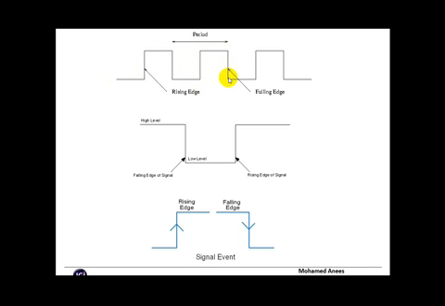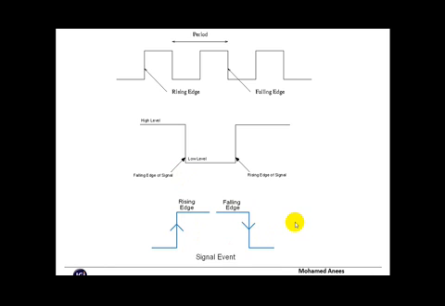That's the meaning. Now in this clock, this is called the high level. We call it the high level. This is the low level. You might have also studied this in digital electronics while studying flip-flops. And this is the rising edge. So this is from low to high edge triggering, and this is from high to low edge triggering.